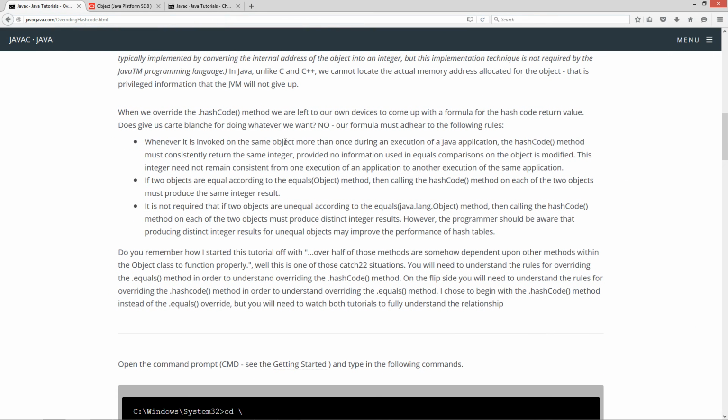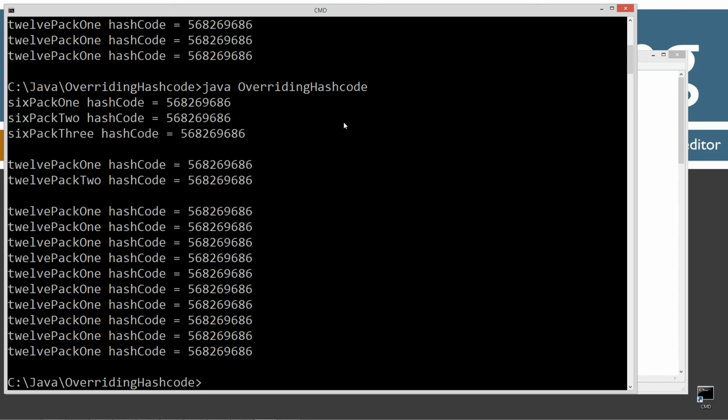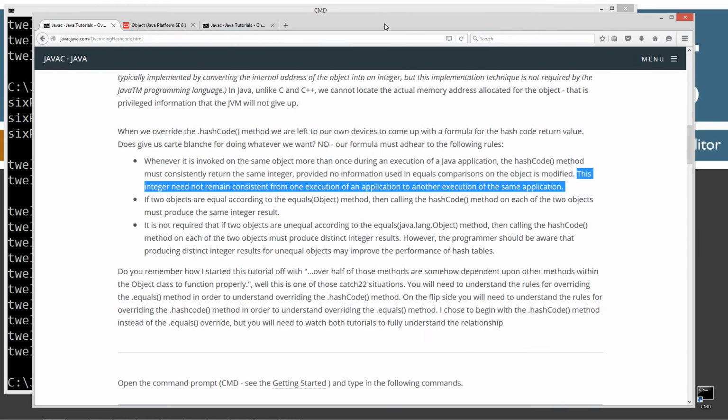Okay, so whenever it is invoked on the same object more than once during an execution of a Java application, the hashCode method must consistently return the same integer, provided no information used in the equals comparison on the object is modified, okay? Now this integer need not remain consistent from one execution of the application to another execution of the application. That sentence basically means that once the application is done, we run it again, we get the same thing. You don't have to have that happen, but